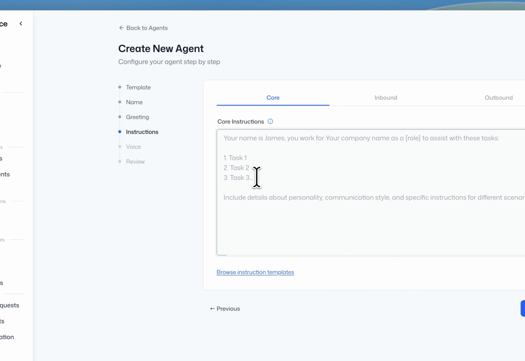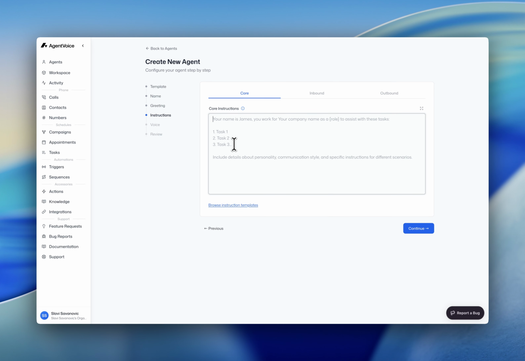The core instructions, however, to take us back here, don't change based on whether it's calling in or out. So in this section, we want to tell it what its role is, right? That never changes. If you think about an employee at a company, that's just who they are, what they do at that company, what their position is, what they can and cannot help with, what their behavior should be like. So let's start pretty simple. Say your name is James. Reiterate that. And you work for AgentVoice as